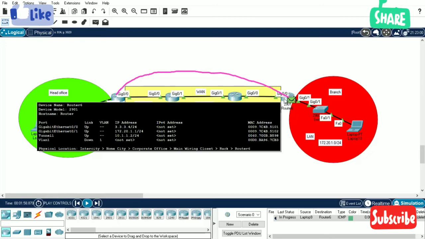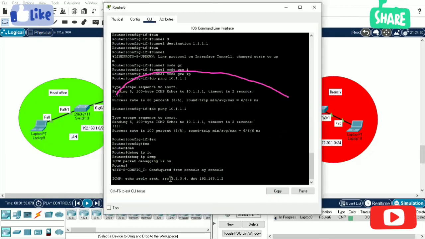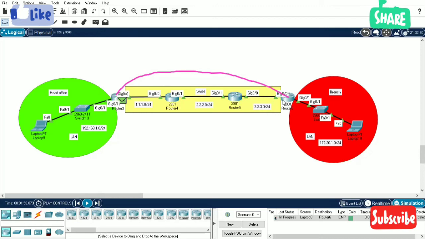Okay, so now you can see the source and destination, which is this laptop and the destination laptop. So it is able to ping 3.3.3.4. Okay, let me ping from this laptop to this laptop. Let's see how the traffic flow will be here. Here it goes, the ICMP packet.